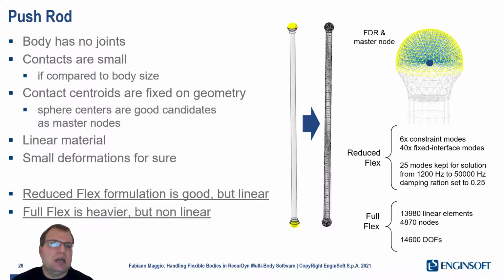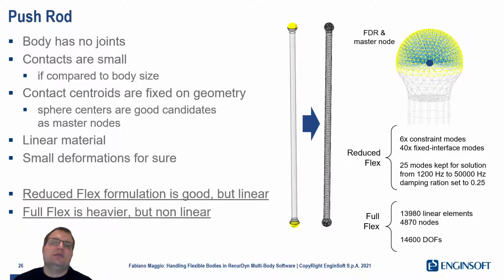The contact areas are small compared to the size of the body, and essentially we can imagine there is a master node through which the load is transferred to the body at each end of the rod. So apparently the reduced flex formulation is going to do the job pretty well, but we don't have to forget